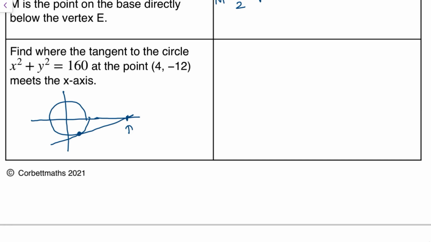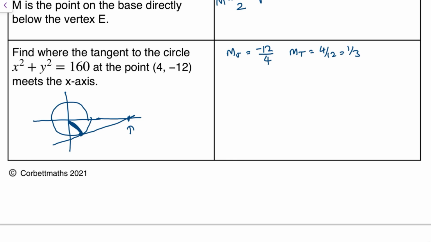Right, typical approach. I need to work out the equation of my tangent. And then I need to find out where that meets the axis. I'm going to start by working out the gradient to the radius. Well, that's going to be down 12 and across 4. In other words, this line here. I'm then going to note that my tangent must be the negative reciprocal. So my tangent is 4 over 12, which is the same as 1 over 3, which means the equation of